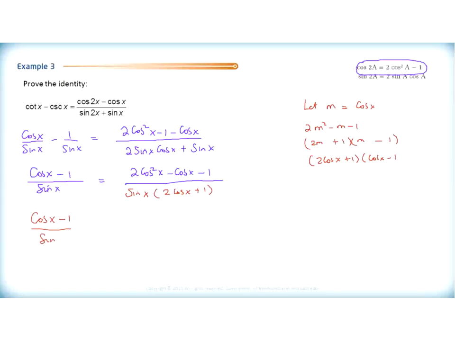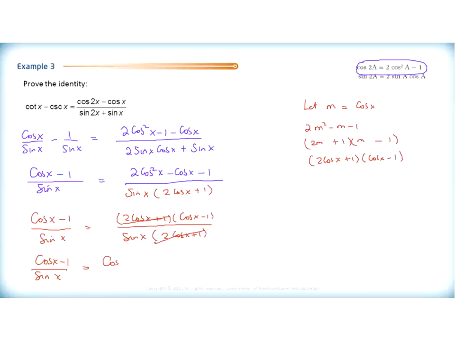Cosine x subtract 1 over sine x equals. I just factored my numerator to be 2 cosine x plus 1 times cosine x subtract 1. Forgot my bracket there. Over... Now, when I remove my common factor of sine x a minute ago, I'm left with 2 cosine x plus 1. My 2 cosine x plus 1s will cancel. Both of their factors in the numerator and denominator, they're gone. I'm left with cosine x subtract 1 over sine x